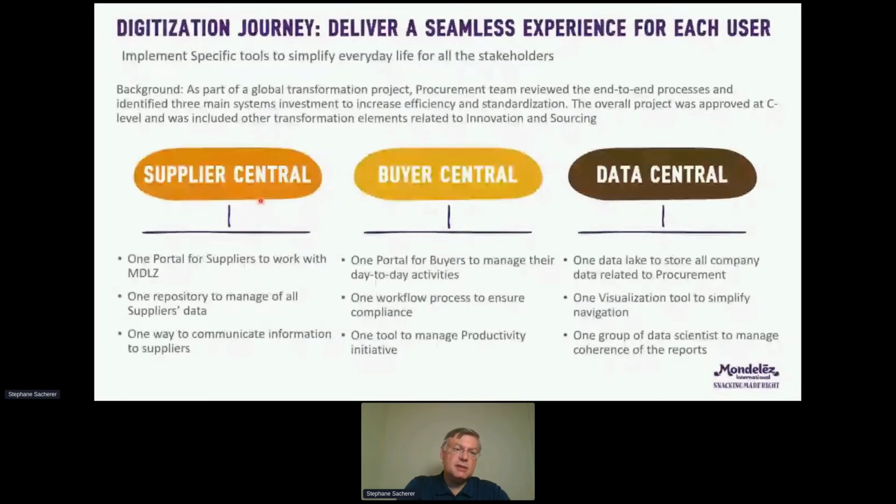We also implemented a second tool, which is called Buyer Central, and that's a tool which was really centered on the buyer, to give them in one application all the information they need for their day-to-day activities. What we have done there is that there is a workflow in place, all the tasks that they have to do, templates to do the RFPs, for example, and so on, and making sure that we can really put all of that together